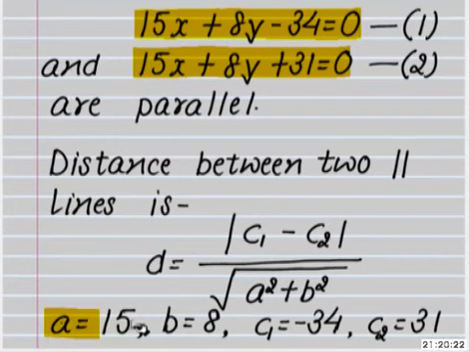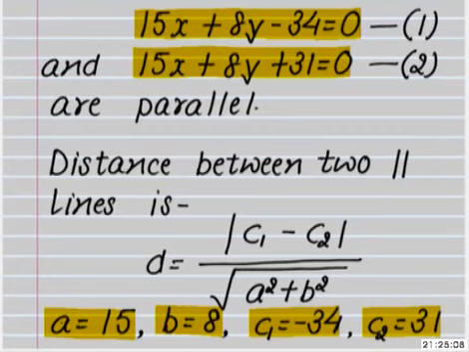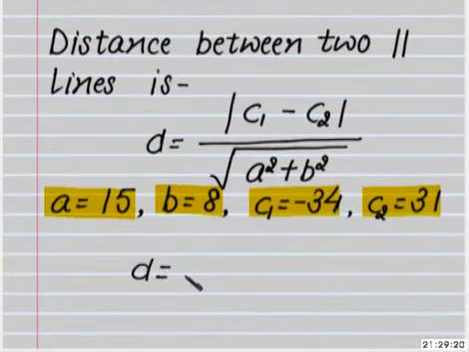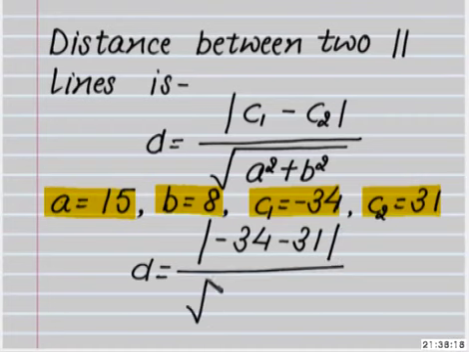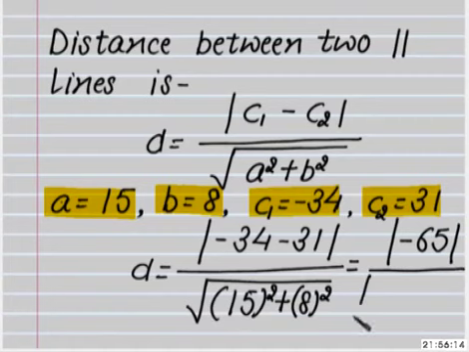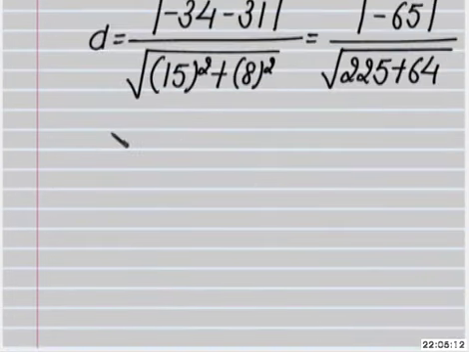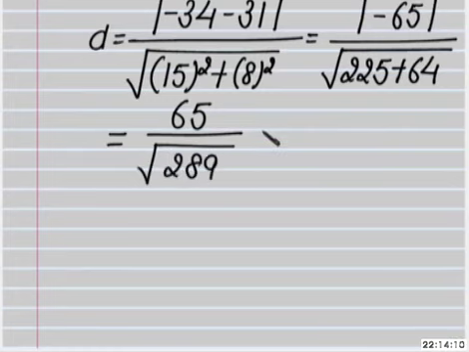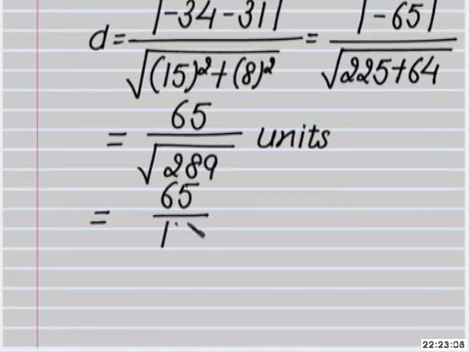Now, placing these values, we get D is equal to modulus of minus 34 minus 31 upon square root of 15 square plus 8 square, that is equal to modulus of minus 65 upon square root of 225 plus 64, and that is equal to 65 upon square root of 289 units, that is equal to 65 upon 17 units,